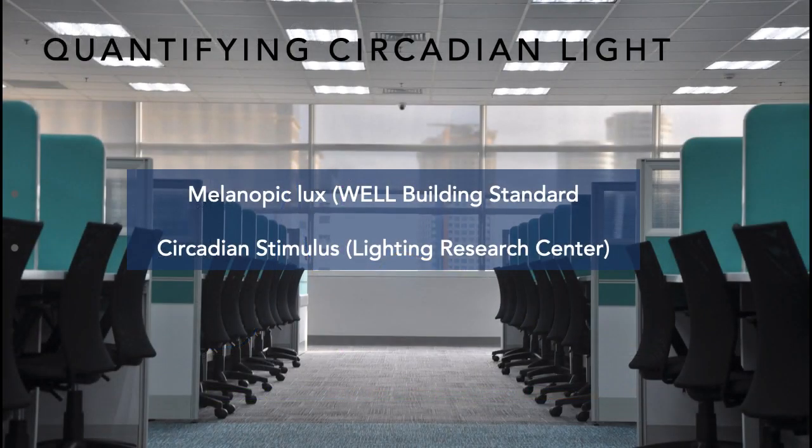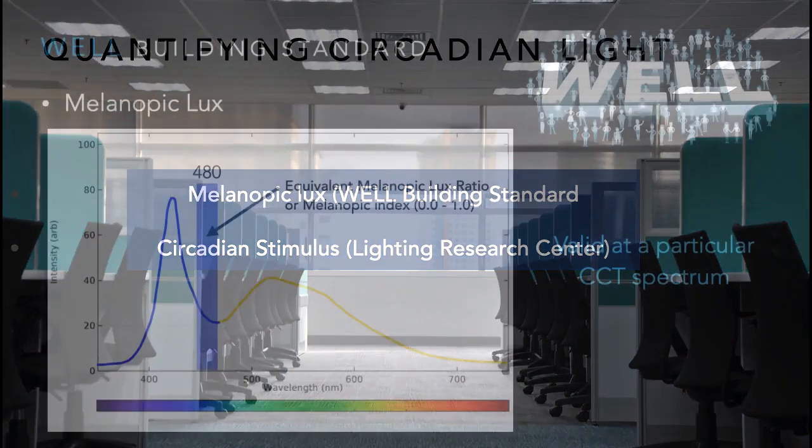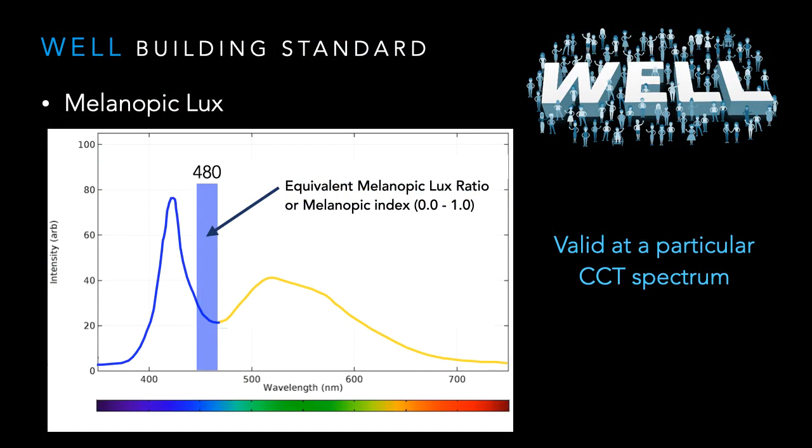Two circadian lighting research groups are developing recommendations for quantifying circadian light in terms of spectrum, illumination, and timing. Melanopic lux is part of the WELL Building Institute's WELL Lighting Standard, and circadian stimulus was developed by the Lighting Research Center at the Rensselaer Polytechnic Institute. The WELL Building Institute has developed a method to quantify the effectiveness of a light source to provide